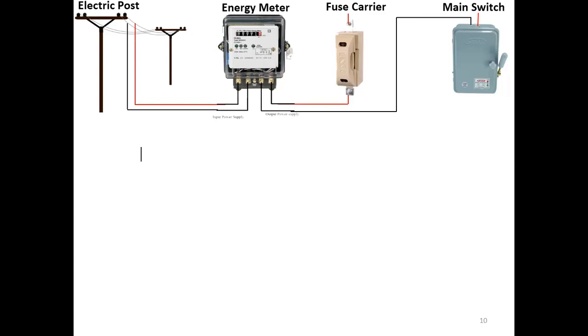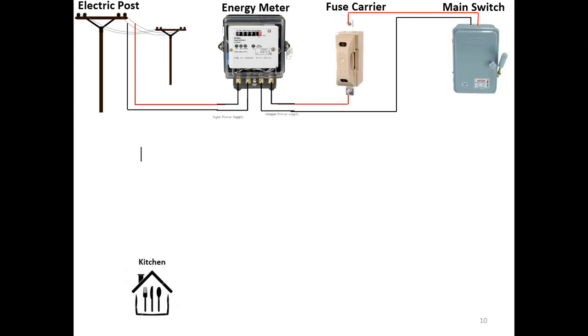Why? Because since it is a protection circuit, it should be connected in series with your circuit. So the fuse is connected in series with your circuit, right? The phase terminal is connected to the fuse incoming line. Then from the output of the fuse, it is connected to the main switch. So now phase and neutral, 2 wires, are given to the main switch, right? So from the electric post, we have taken 2 terminals through the meter, through the fuse carrier, and then given to the main switch. Now from the main switch we will discuss further.